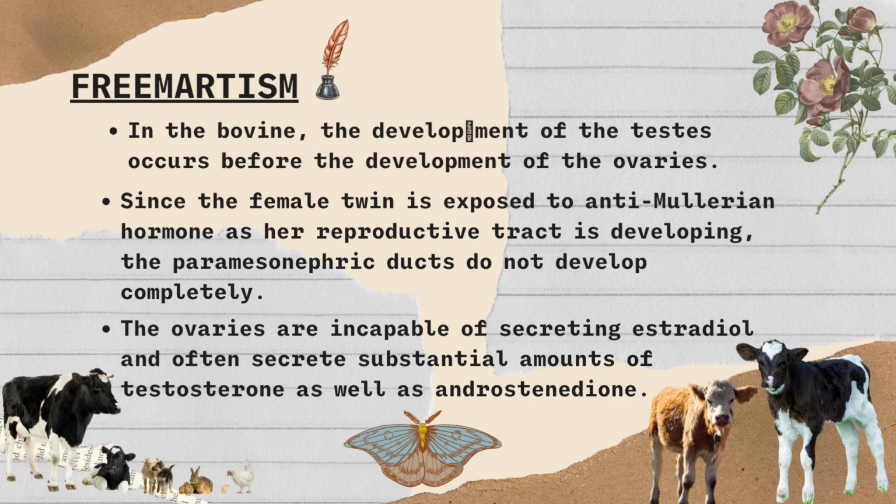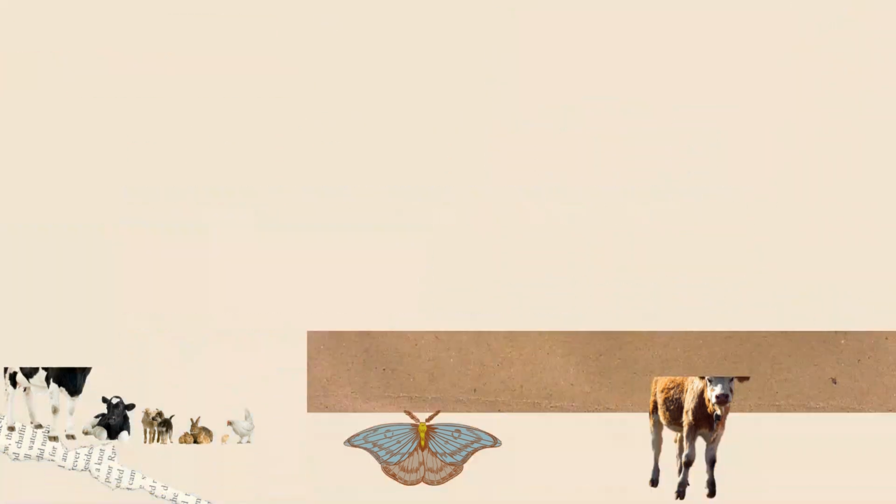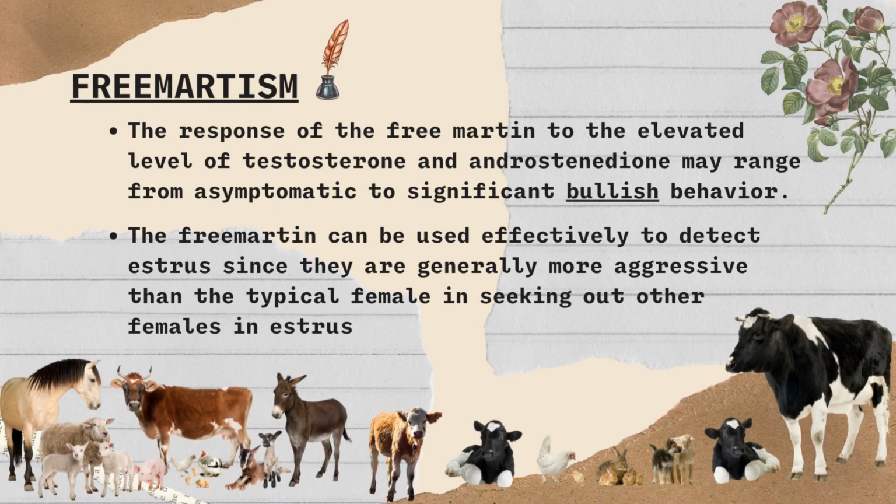In addition, the potential ovaries cease to grow and do not develop the appropriate complement of germ cells. Therefore, the ovaries are incapable of secreting estradiol and often secrete substantial amounts of testosterone as well as androstenedione. This atypical form of steroidogenesis not only causes abnormal female reproductive tract development but also programs the central nervous system so that the genetic female behaves similarly to a male. The response of the freemartin to this elevated level of testosterone and androstenedione may range from the asymptomatic to